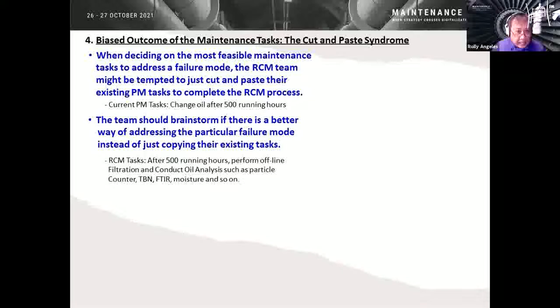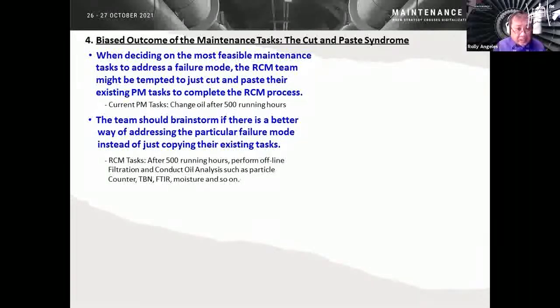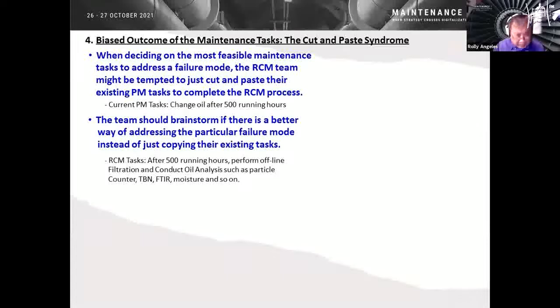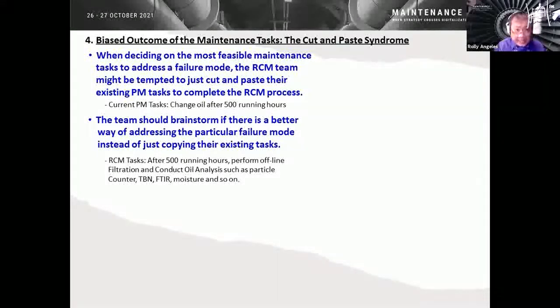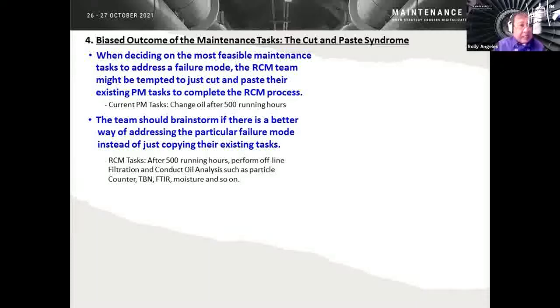Now, for example, I have here change oil after 500 running hours. So perhaps a better task would be to place the oil on a condition basis instead of running hours, and perform, let's say, regular offline filtration cleaning, and likewise conduct oil analysis such as particle count, TBN, Fourier transform infrared, moisture, rate of oxidation, and so on as the maintenance task. Thereby, we can extend the life of the